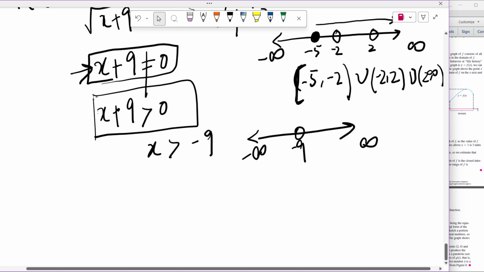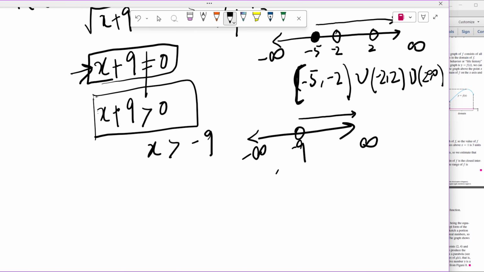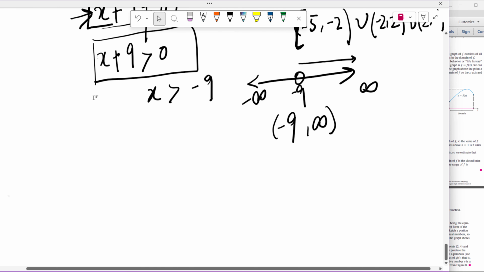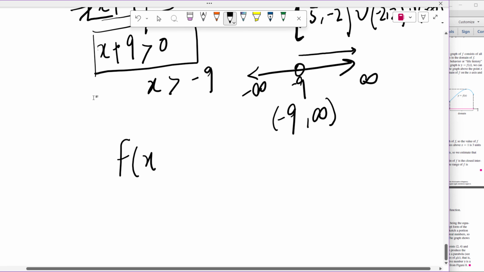So the domain will be x must be greater than minus 9, so all numbers greater than minus 9. So again, a round bracket, minus 9 to infinity. This is the domain. Let's discuss another example, where the function is